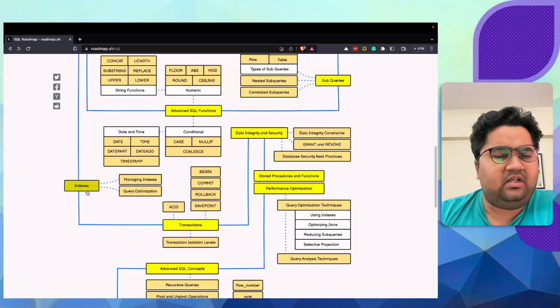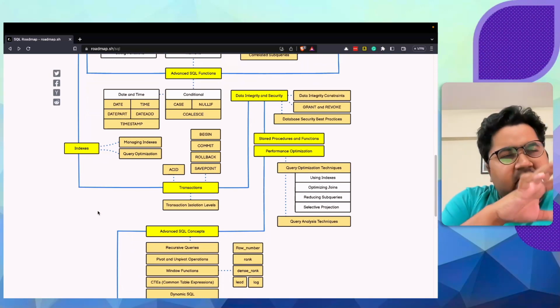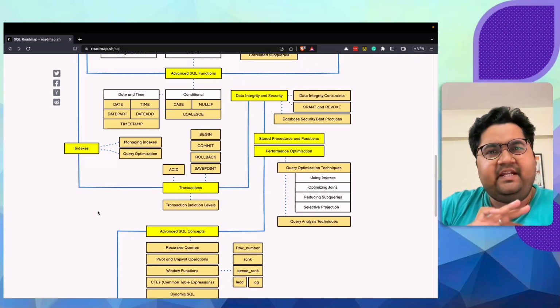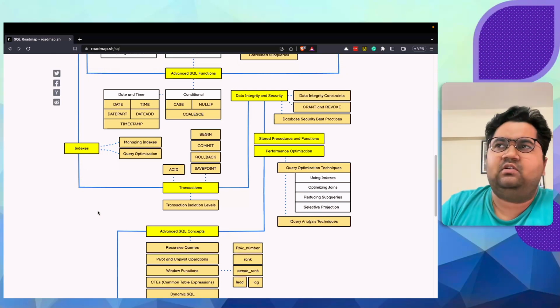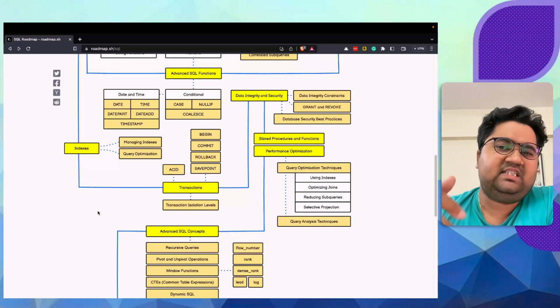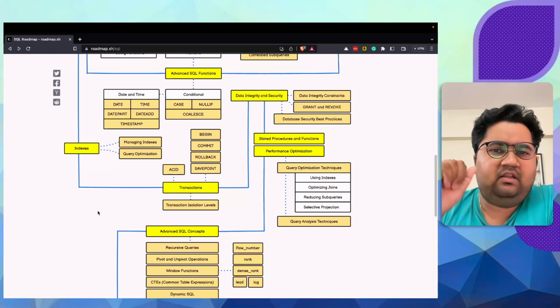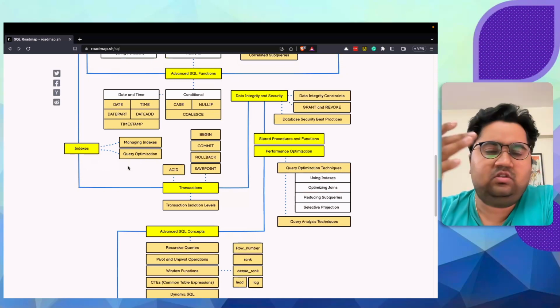Then you move on to understanding indexes and doing a little bit of query optimization. These are further advanced areas. Typically you have started with interacting with data, working with data, manipulating data, and then you have moved on to advanced retrieval concepts. Now we are moving to more of transaction management, indexing, performance tuning, security, DBA kind of stuff. I think senior developers would have a good understanding of these concepts as well, but usually these are left out for DBAs. So managing indexes and doing query optimization is a huge